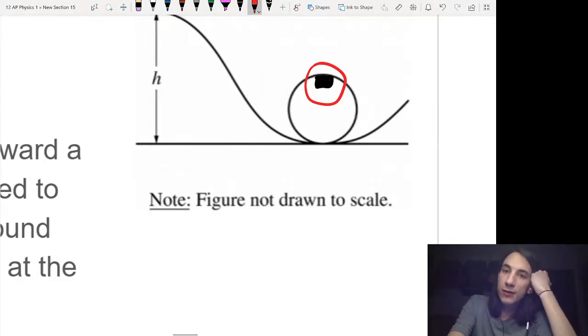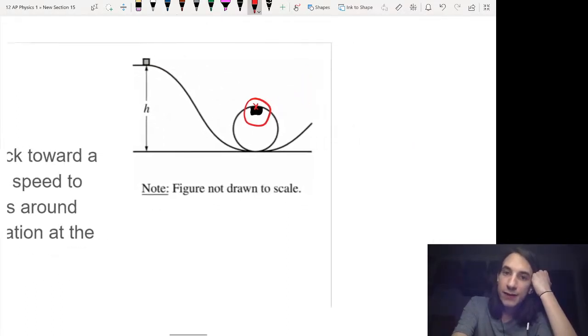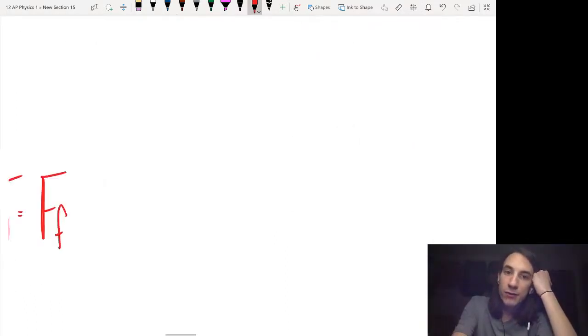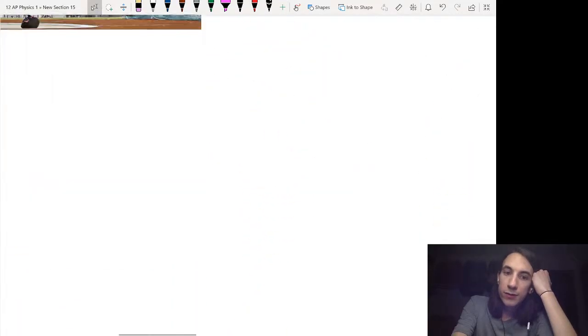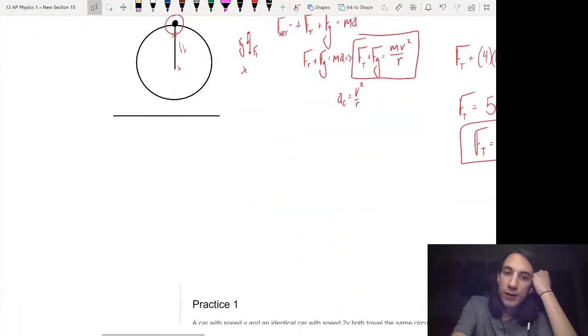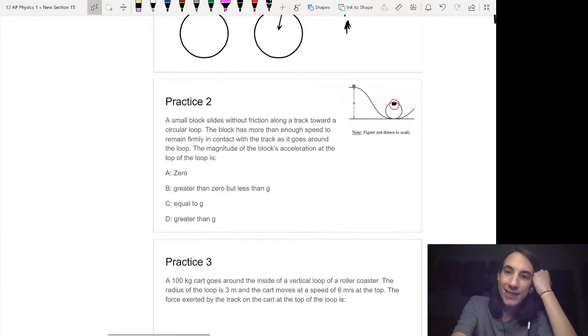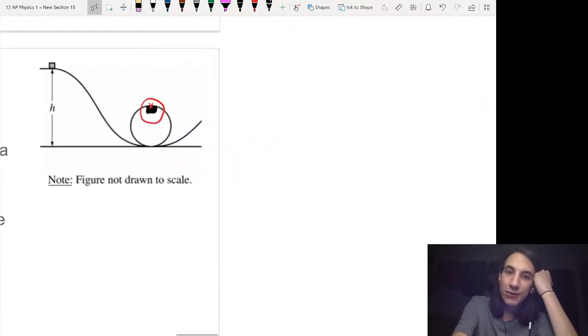well, what things are crossing my circle? Well, it looks like I have the track crossing my circle, and that's pretty much it. So if I'm looking at this case, I can draw out, oops. Oh, yeah. Whoa, that transported me all the way up there. That's weird. Okay, so I can look at this and say if I'm looking at this force diagram, the force